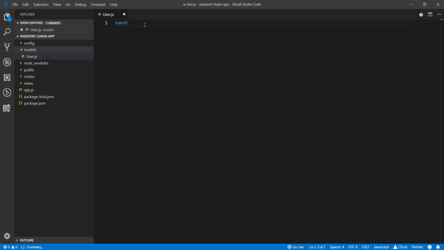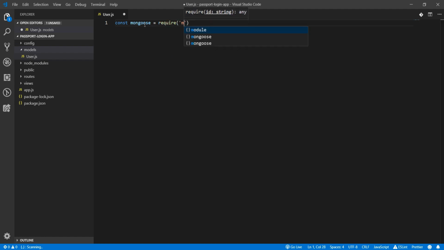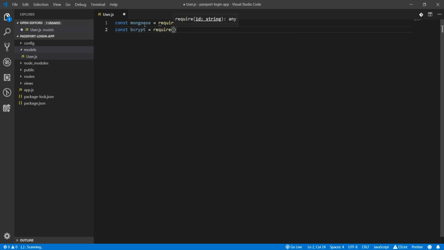So here I'm going to require mongoose, and also require bcrypt.js. Bcrypt equal to require bcrypt.js right here. So now we need to create the schema. Remember, we have the name, the email, the password, and probably if you want to add dates or whatever, you can add it. So to do that now, I'll say const user